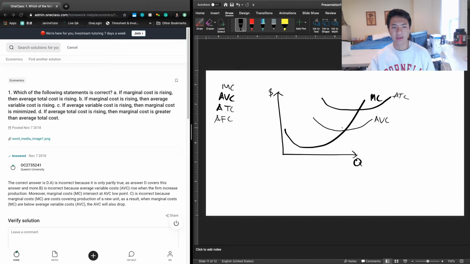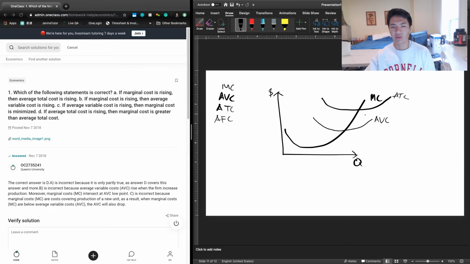And finally, D, if average total cost is rising, then marginal cost is greater than average total cost. And here we see that is indeed the case because marginal cost intersects ATC at its lowest point, at its vertex. Every point after that intersection where marginal cost is greater than the average total cost, your marginal cost is essentially pulling up the average, right? Because you're adding more and more high values into the average,